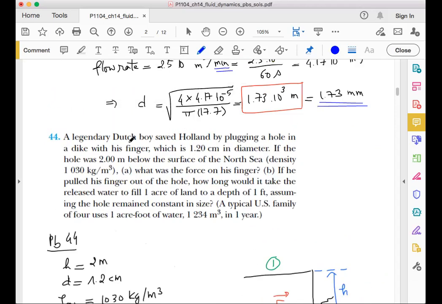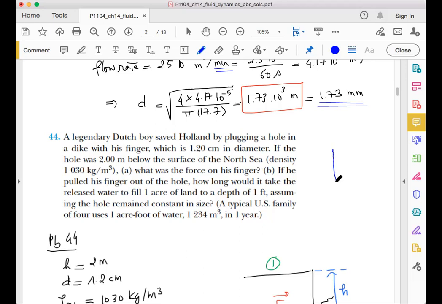A legendary Dutch boy saved Holland by plugging a hole in a dike with his finger, which is 1.2 centimeters in diameter. If the hole was 2 meters below the surface of the North Sea with a density of 1030 kilograms per cubic meter: A, what was the force on his finger? And part B, if he pulled his finger out of the hole, how long would it take the released water